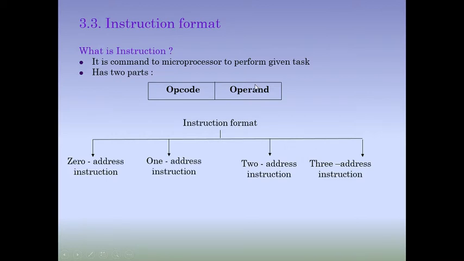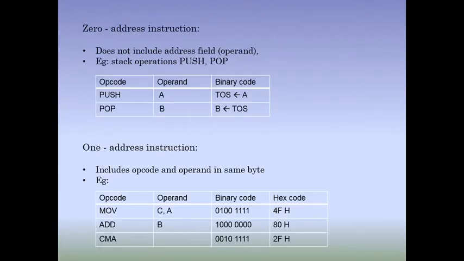Okay, so whenever we write an instruction, it will acquire a certain amount of memory in a computer system, a number of bits or bytes in computer memory. So based on the size it will require to get stored, we can classify all these instructions into different formats. So there are four types of format. One is 0 address instruction, 1 address instruction, 2 address instruction, and 3 address instruction. Okay, so we will learn this one by one.